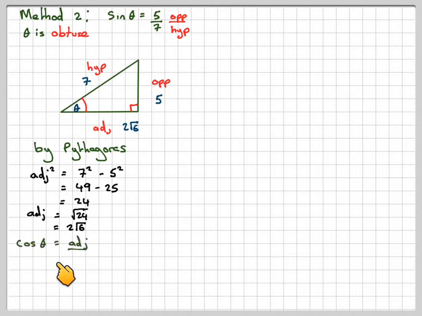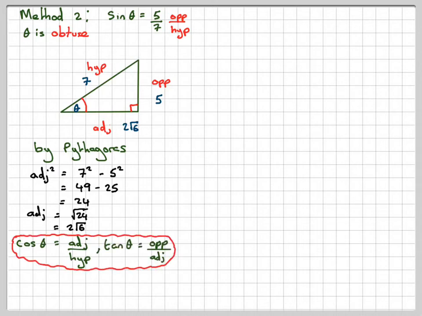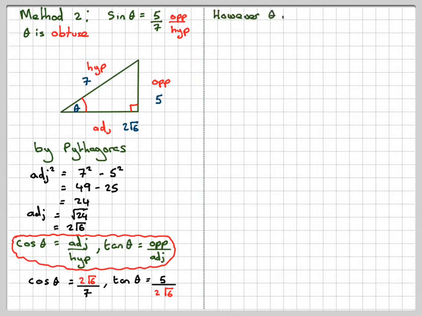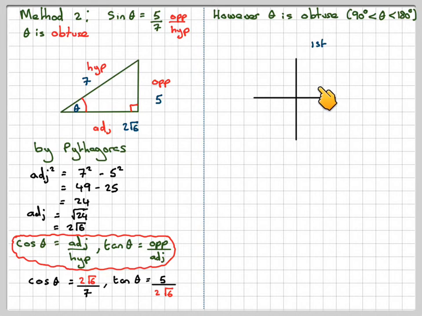Now you can say that cos theta is adjacent over hypotenuse, and that tan theta is opposite over adjacent. So for cos theta, it will be 2 root 6 over 7. And for tan theta, opposite over adjacent, it's going to be tan theta is equal to 5 over 2 root 6. Now, the problem is, are these positive or are they negative? Because we know that the angle is obtuse. So, however, theta is obtuse, i.e. between 90 and 180. If we draw what's known as the unit circle, remember with the unit circle when we produce the graphs,